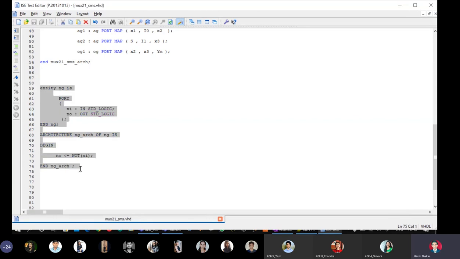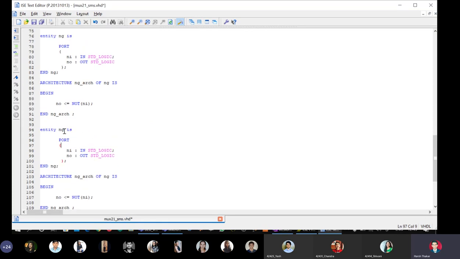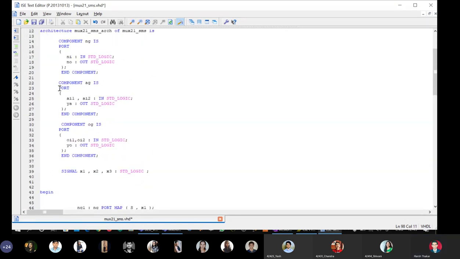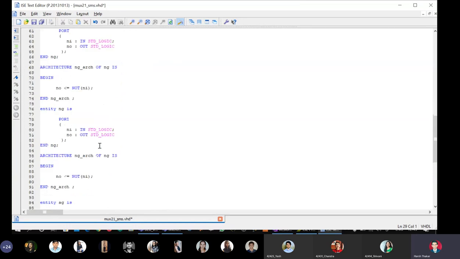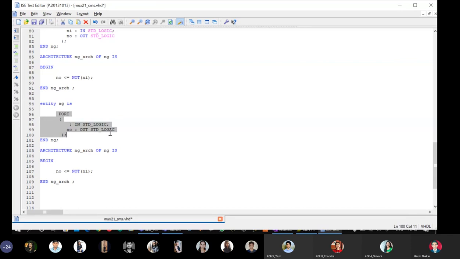I'll simply copy paste this whole thing two times, and I will modify it to make it for the AND gate, right? So here I will change the entity to AG, and here my inputs are the same. In fact, as I told you, you can copy paste this. Port.